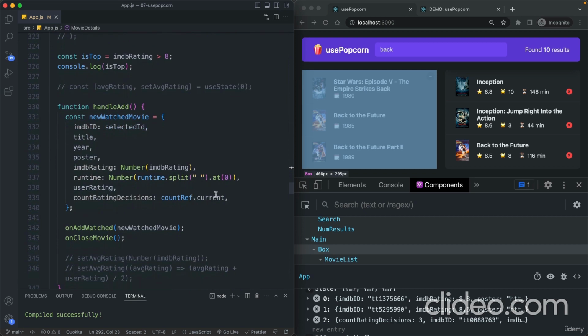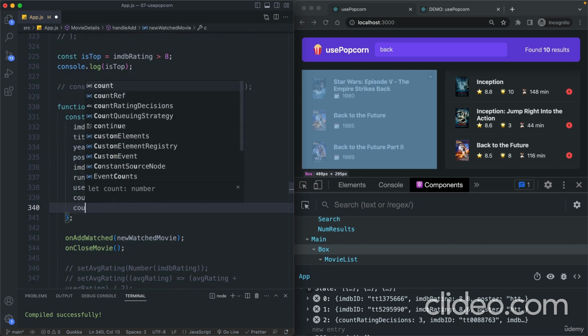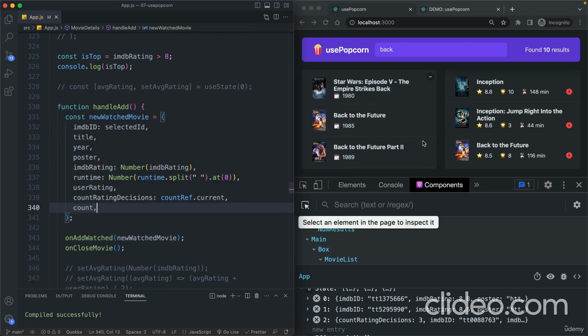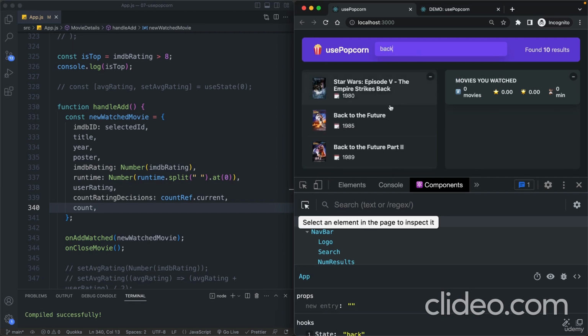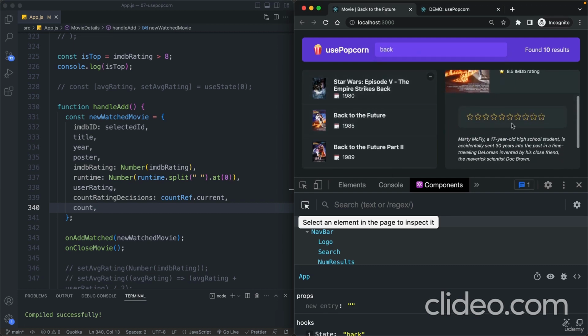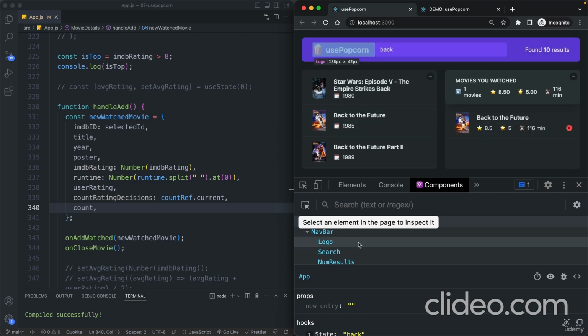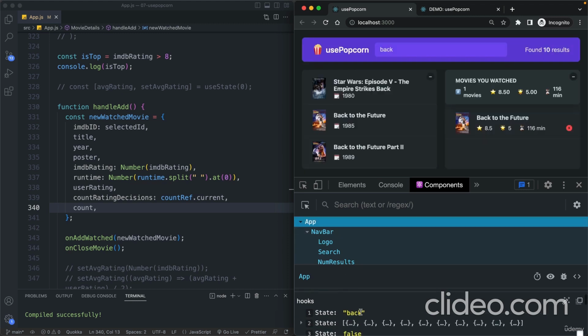And then let's just add that count here. And so then we will see that this doesn't work. So let's reload. Let's empty this entire thing. Okay, so clicking 1, 2, 3, 4 times now, add to the list,